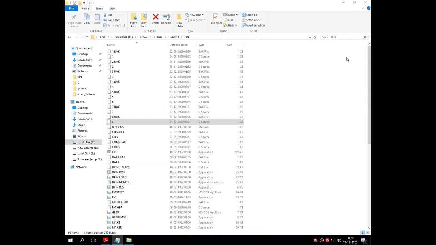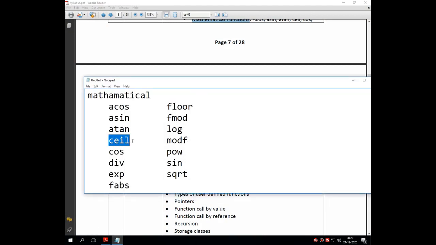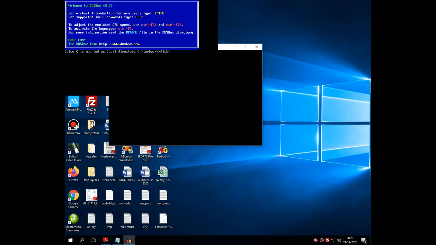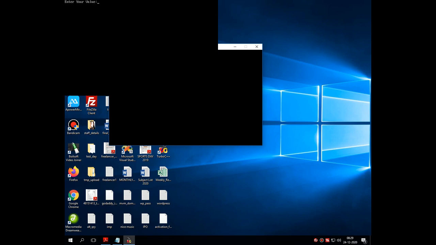Now let's move on. Let's go for some other functions like ceil. The reverse of this ceil is floor, right? So we'll check both the functions together so the difference can be identified easily. Let's go into the C. Result, then ceil, and I'm passing the output variable, the inputted variable. Then I am entering 12.5.